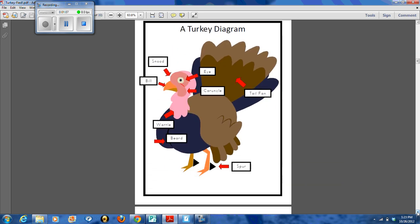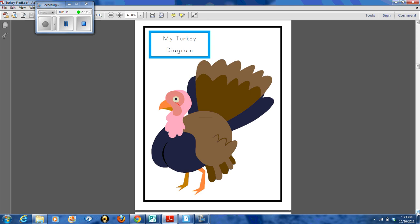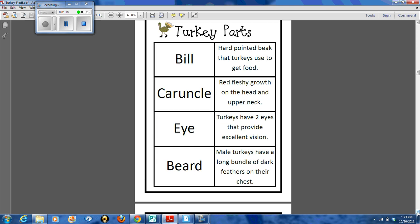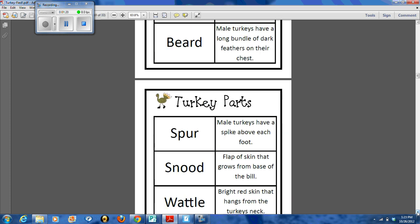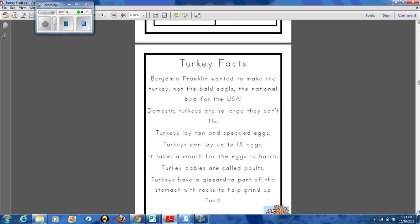I put together a quick turkey diagram for you, and then just one that they can go through and label themselves. There's also vocabulary for turkeys, all about the turkey parts. So there's 2 pages of that. There's a turkey fact sheet,